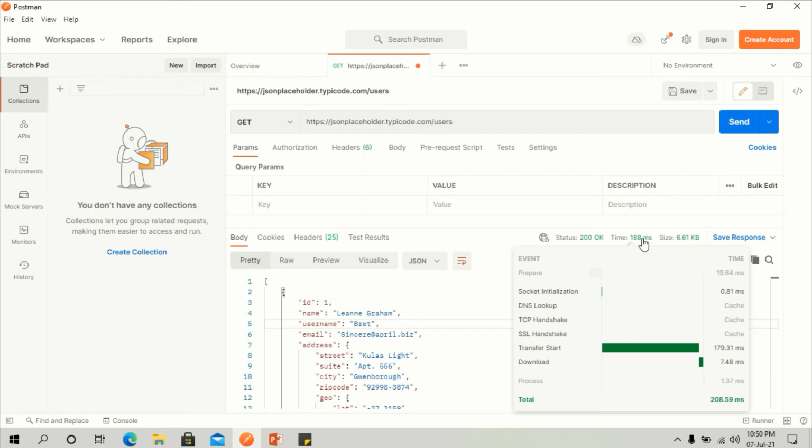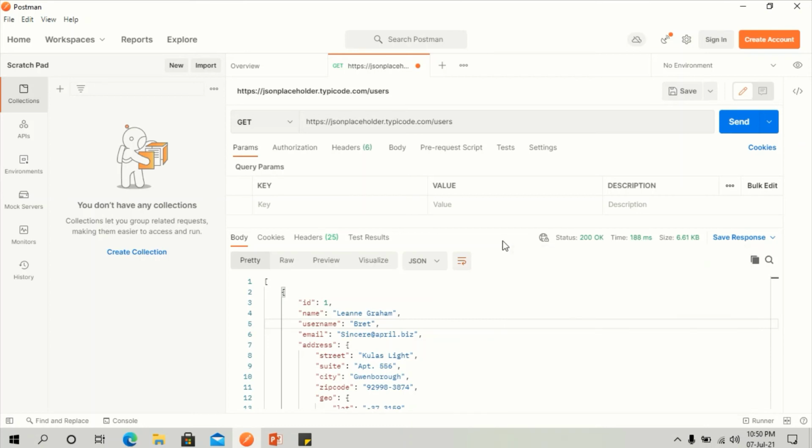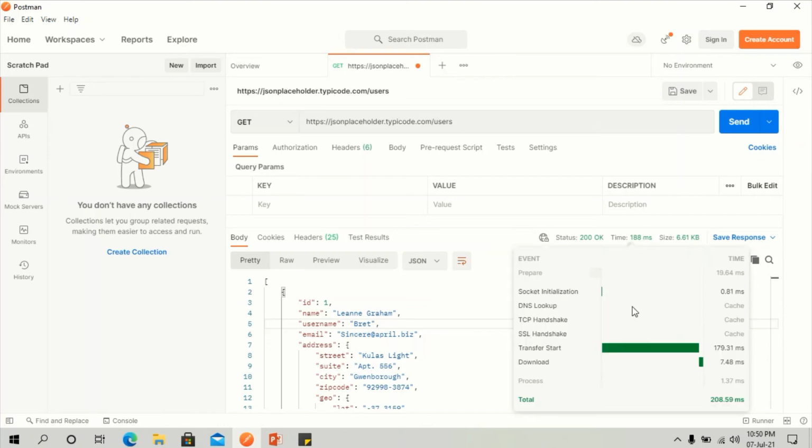This is very useful sometimes because many projects have service level agreements. The time shown here is not the actual time that the request will take. It is approximate time, but you can consider this as the actual time.